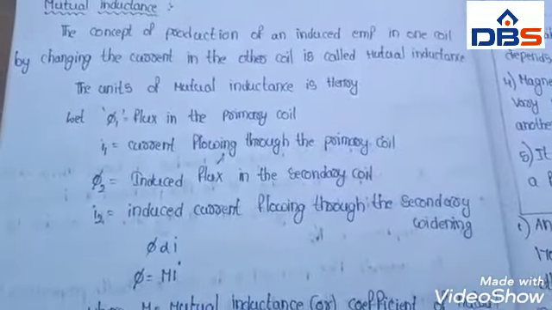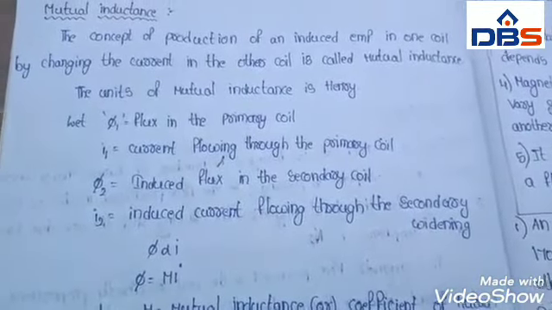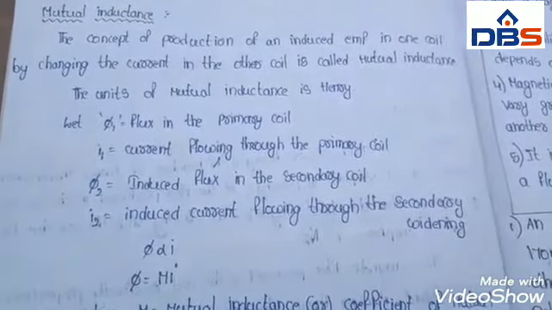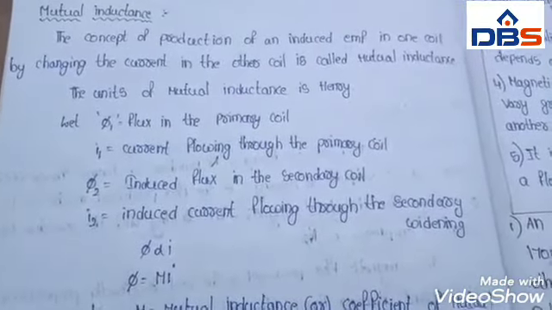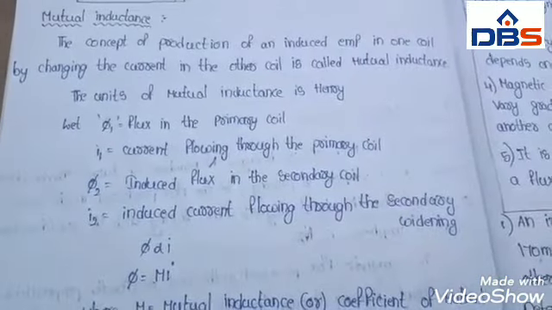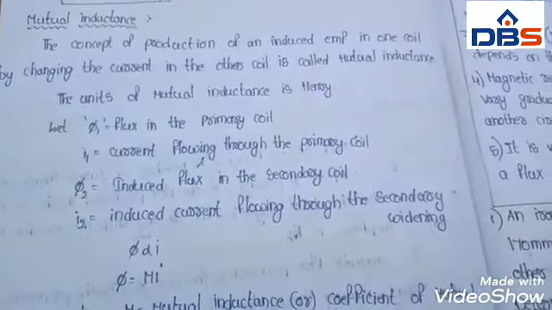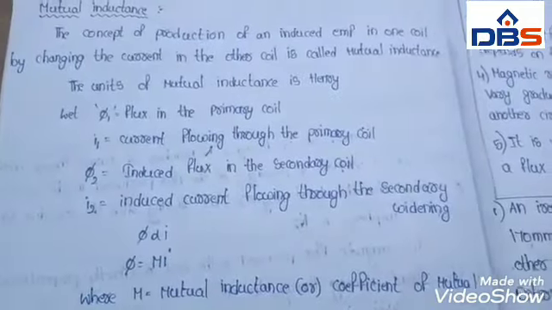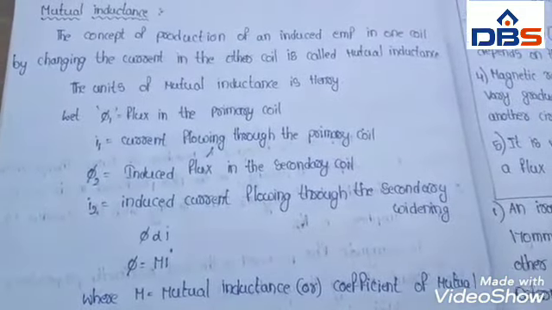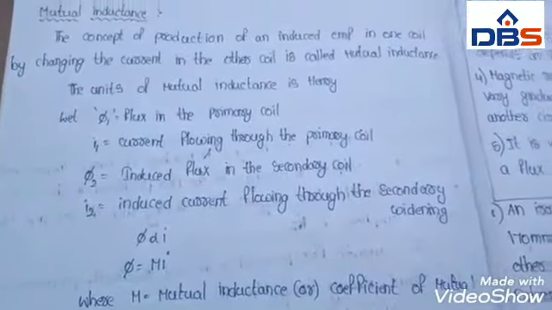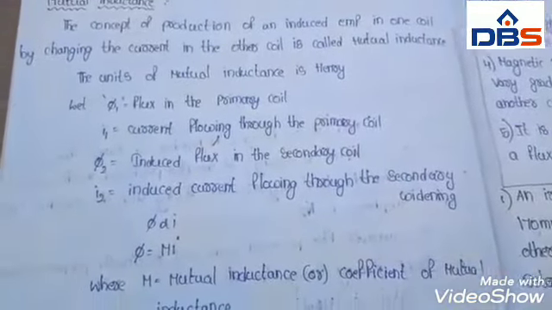Generally for self inductance only one coil is there, but coming to mutual inductance, two static coils will be available. That is, two coils are separated by some distance, but due to the mutual induction principle, the flux will be transferred from one coil to another coil. That may be identified with the help of dot notation. That dot notation concept is explained in another class.